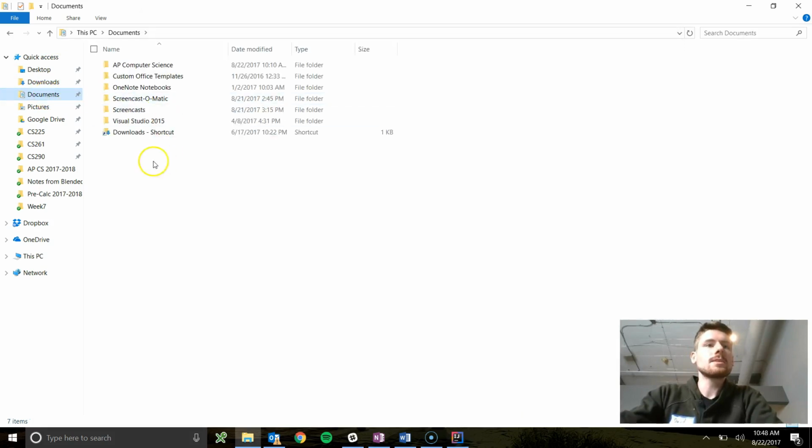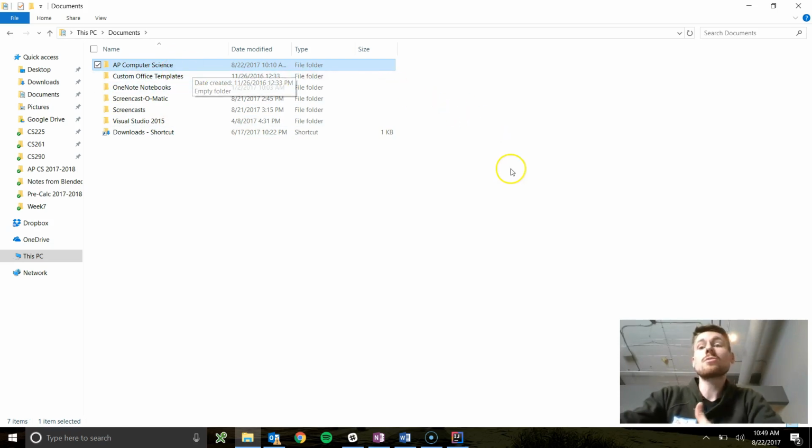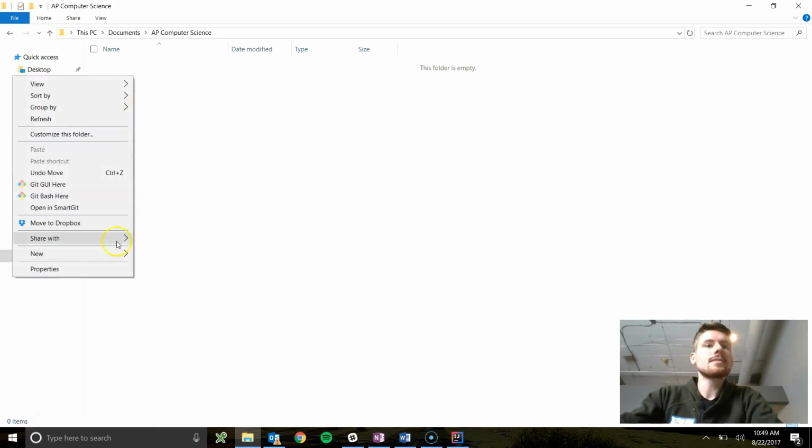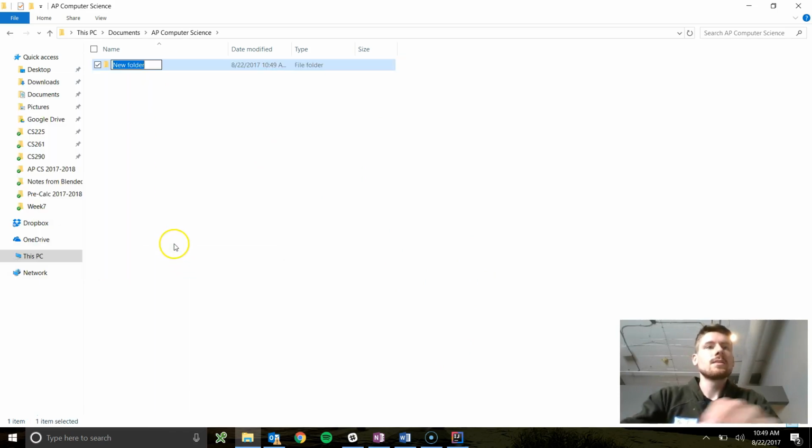So in Documents, I went ahead and made an AP Computer Science folder. It's currently empty. We're going to have this be our root for all of our projects in this class. Each IntelliJ program we're going to write is going to be in its own folder. So that's how we're going to keep things organized. I'm going to go ahead and also put a Unit 0 folder, the basics,